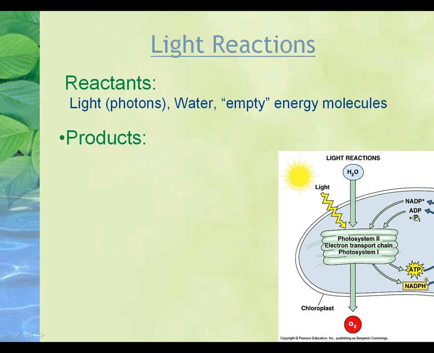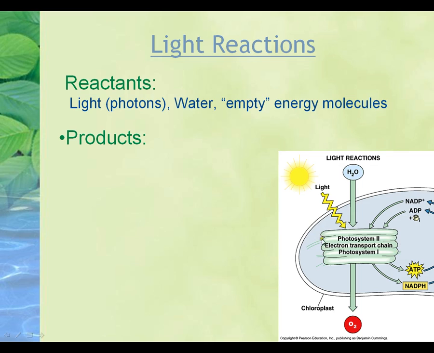So in order to create these molecules, in order to fill them up with energy from the sun, those energy molecules come in and they're empty right now. They're not able to release the energy needed for the Calvin cycle. So they come back into the thylakoids, and the light comes in along with water. All three of these things, 4 or 5 technically, depending, but the empty energy molecules, the water and the light, all